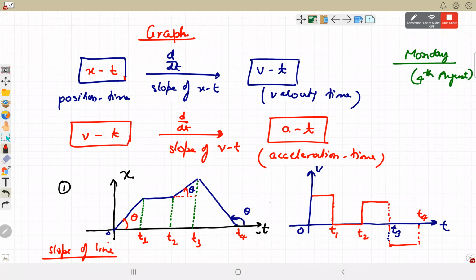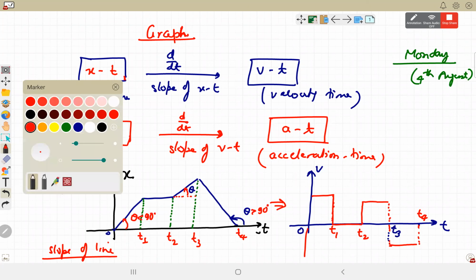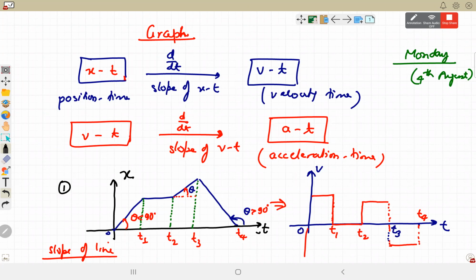Right, understood. So similarly, if this would have been a velocity time graph, we can find the slope, and the slope will give the acceleration time graph. Angle less than 90, slope is positive. Angle 0, slope is 0. Angle greater than 90, then tan theta in the second quadrant is negative. So that way it becomes negative, below the x-axis. Likewise from velocity to acceleration.